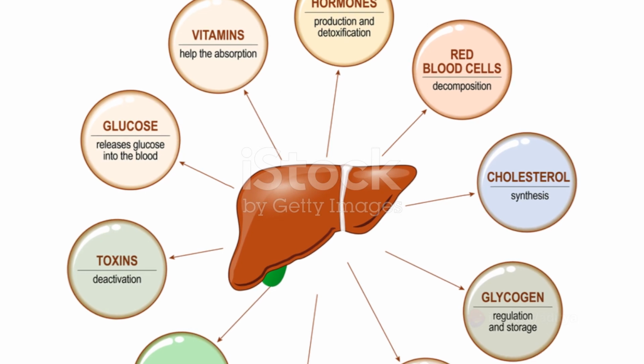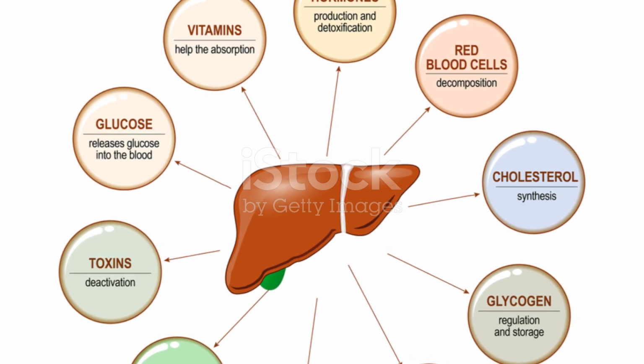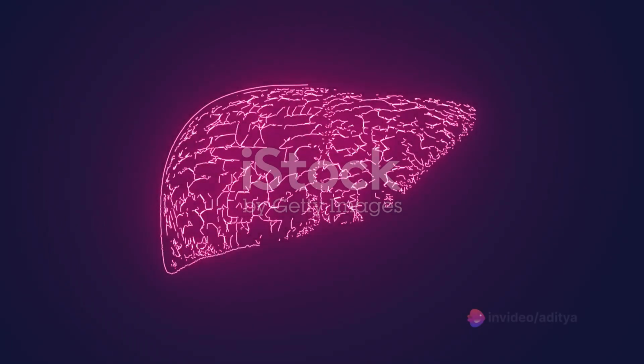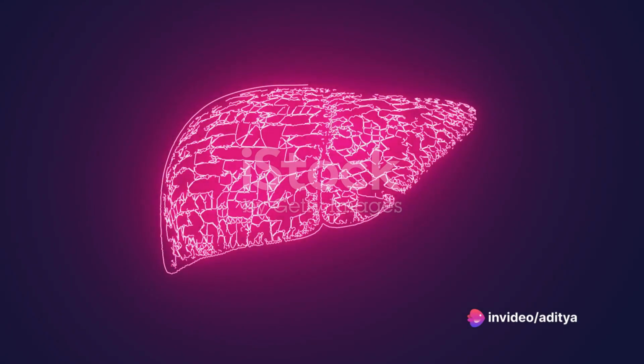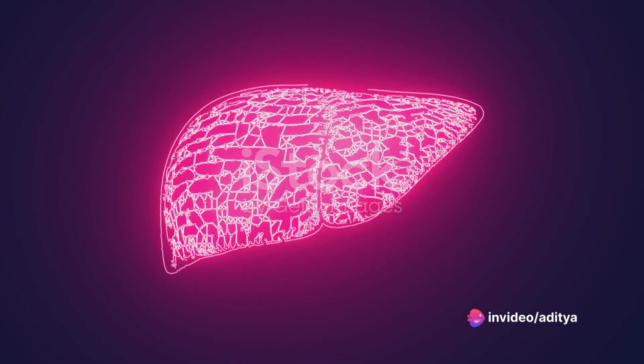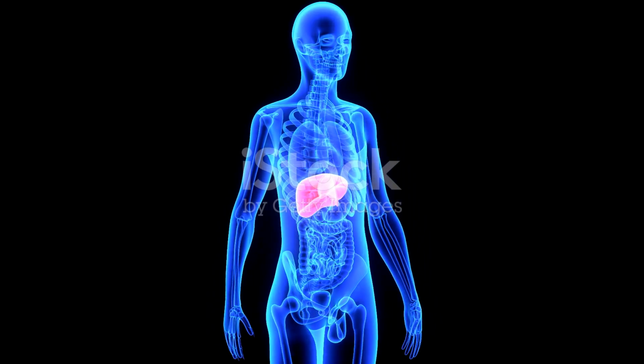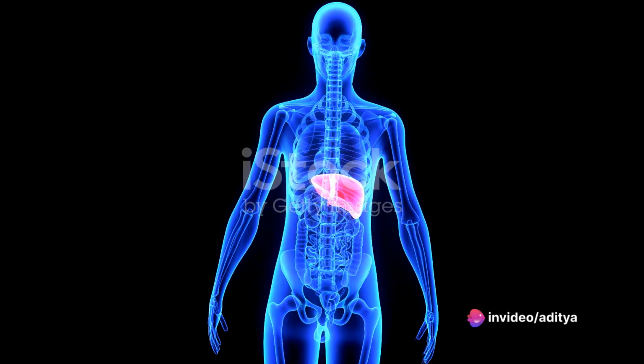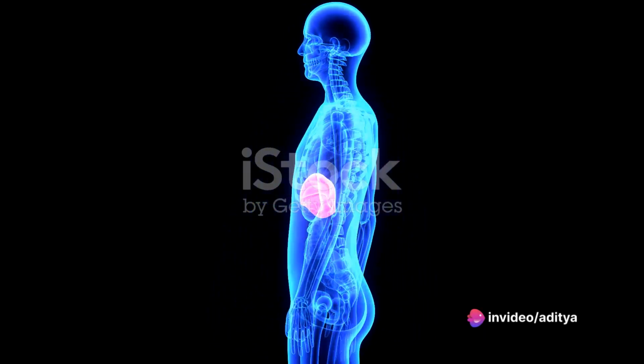The liver is multifunctional. Not only does it produce bile, a greenish liquid that aids in fat digestion, but it also performs over 500 functions. These include detoxifying harmful substances, storing vitamins and iron, converting glucose into glycogen for storage, and producing proteins for blood clotting. A series of images illustrate these various processes, providing a comprehensive understanding of the essential role the liver plays